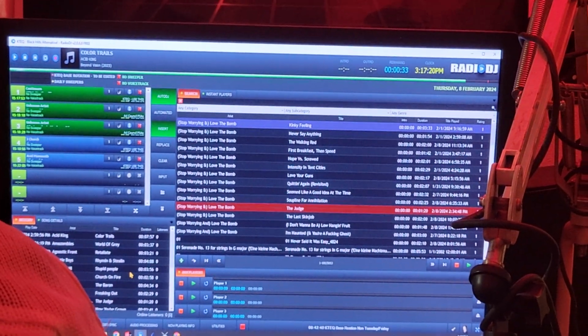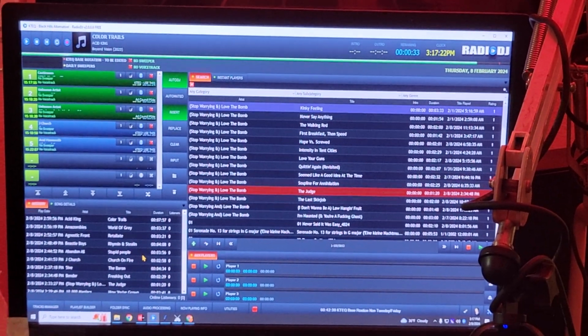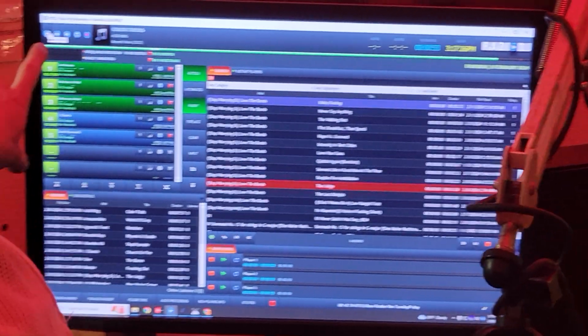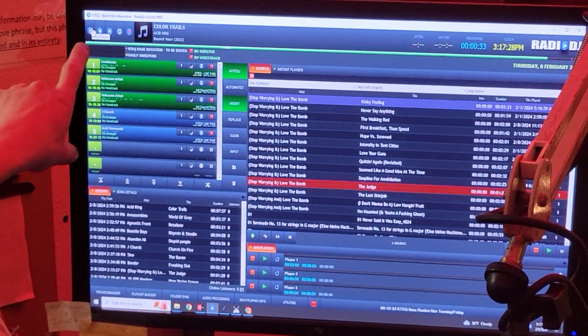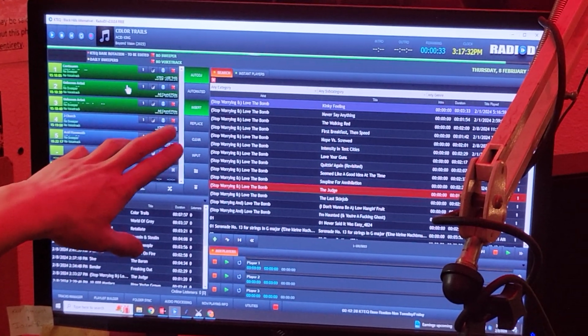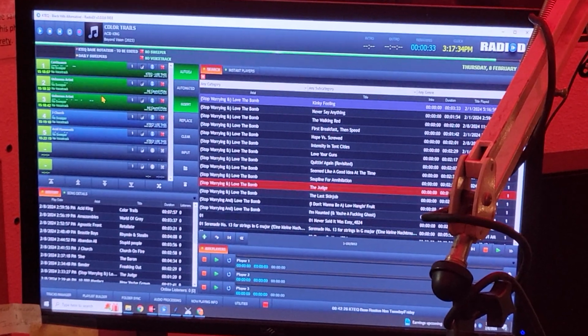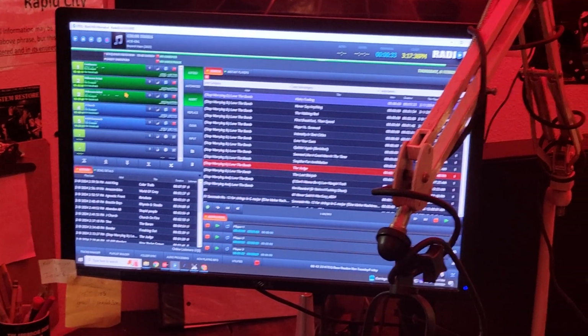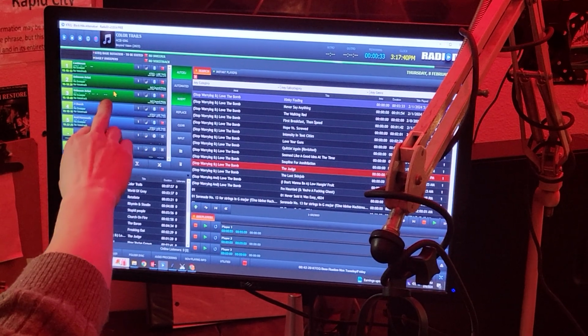Just do us a massive solid and don't mess with Radio DJ too much. This runs the automated stuff. Pretty much all you need is the play pause button up here. I wouldn't mess with any of these. What you can do is if you have a long show, every hour it throws in PSAs and the identifier, and those are the green ones.